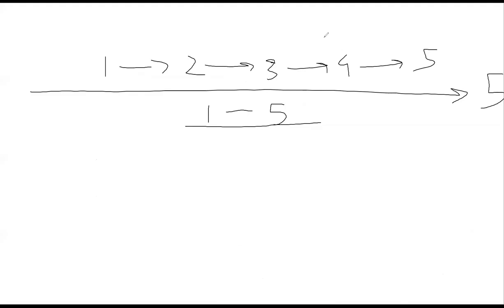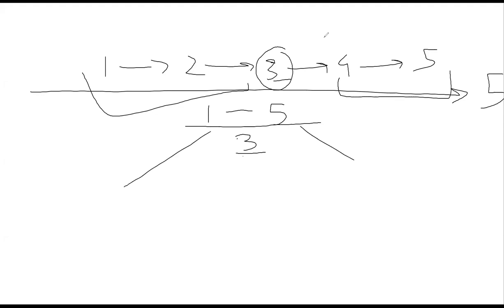It will always be at, right? So the middle element is 3: 5 plus 1 divided by 2, which is 3. So the third position will be your middle element. You can directly take this 3 and find the third element, right? And then everything before that and everything after that will become your left and right child.